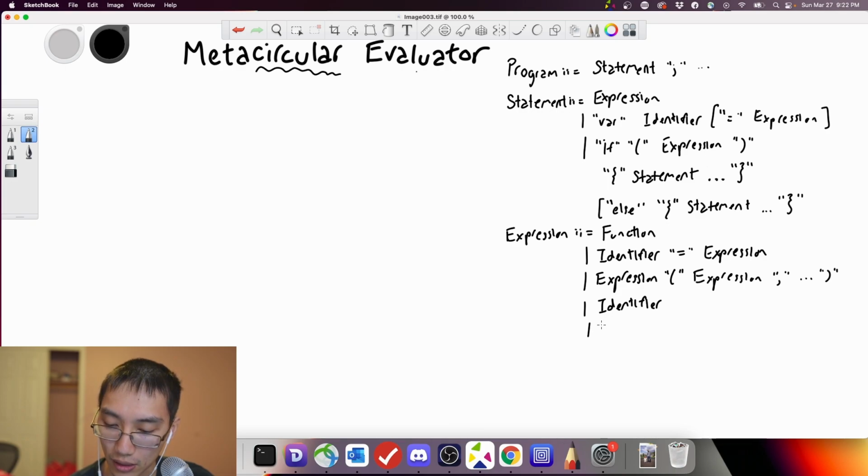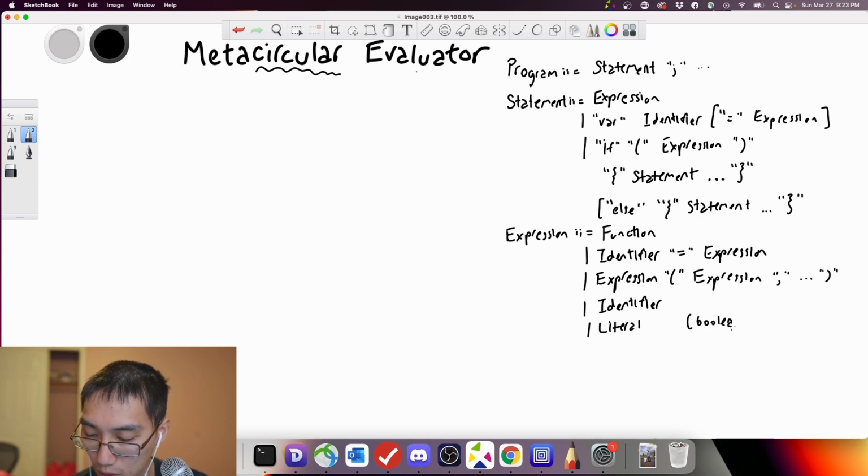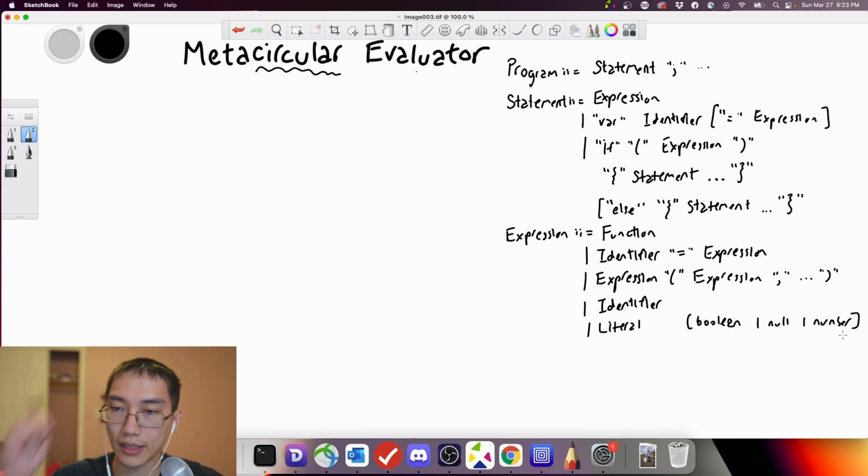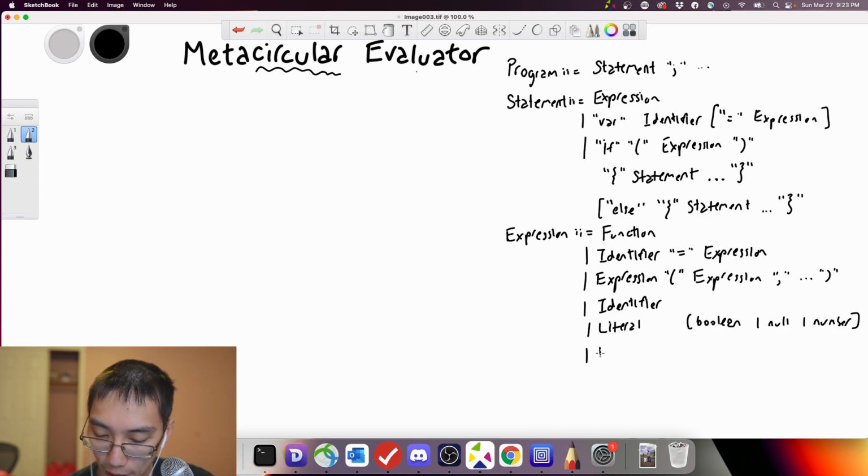We can have some numeric literal or Boolean true, or any of those like that. We'll just say literals, they're either Booleans, null, or some number. We're not going to support floating point or anything like that. And then for extra jazz,